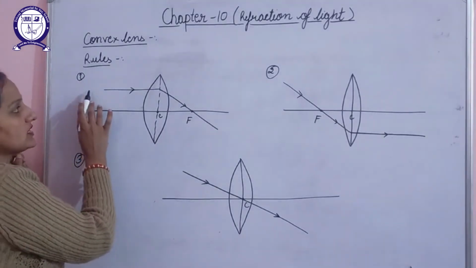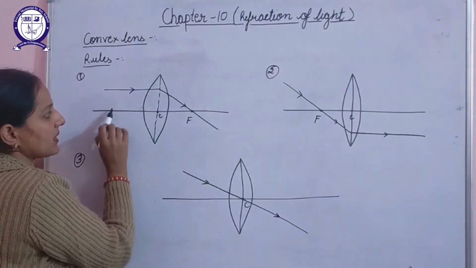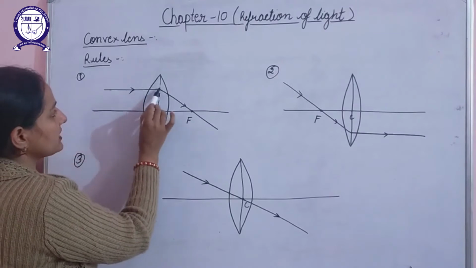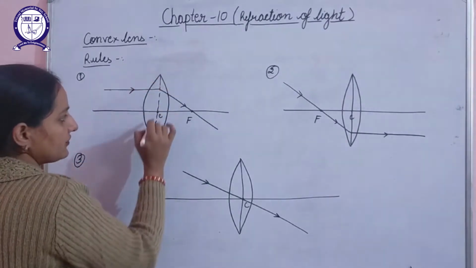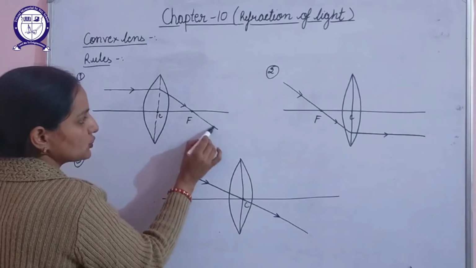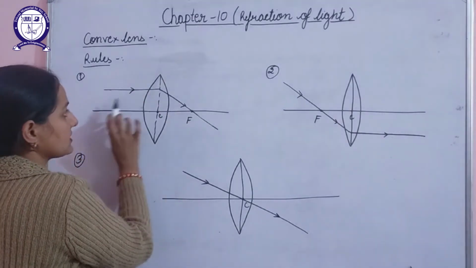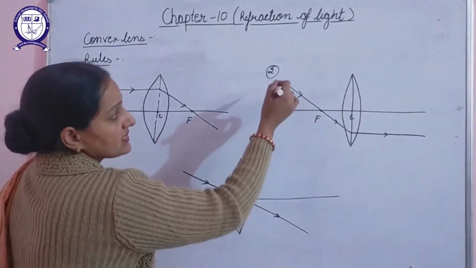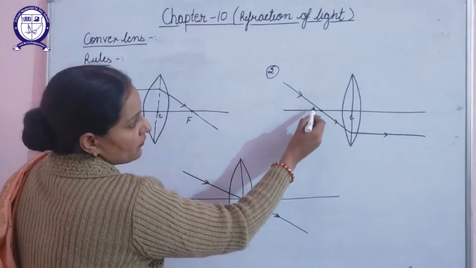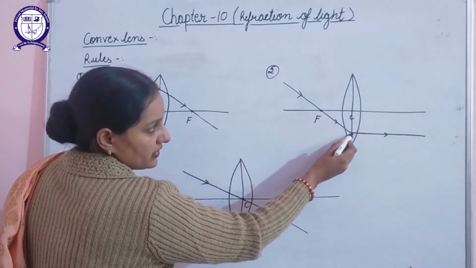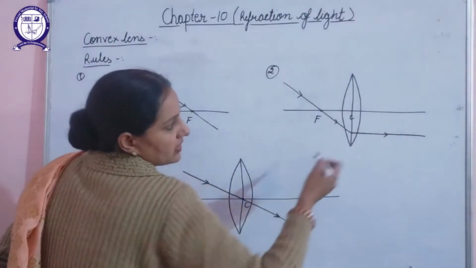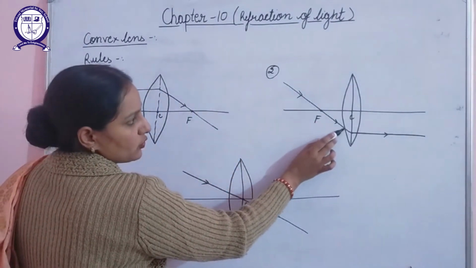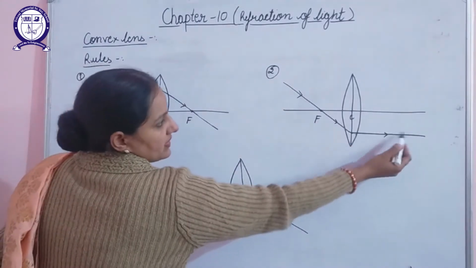The very first rule says that if a ray of light is parallel to the principal axis, we all know that this is the principal axis, then after refraction through the lens, it will pass through the focus. That means if a ray of light is coming parallel to the principal axis, after refraction, it will pass through the focus. The second rule says that if a ray of light is passing through the focus, then after refraction through the lens, it will become parallel to the principal axis. As you can see here, this ray of light is passing through the focus, so after refraction, it is parallel